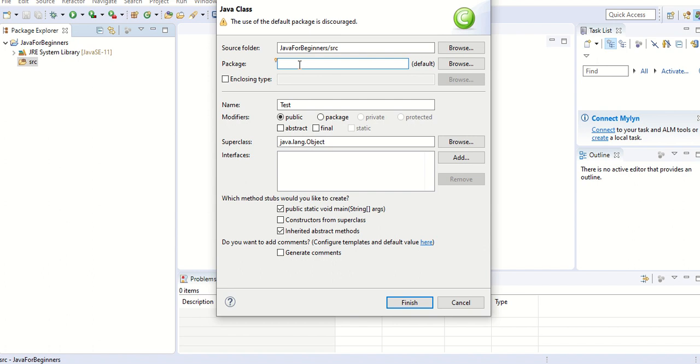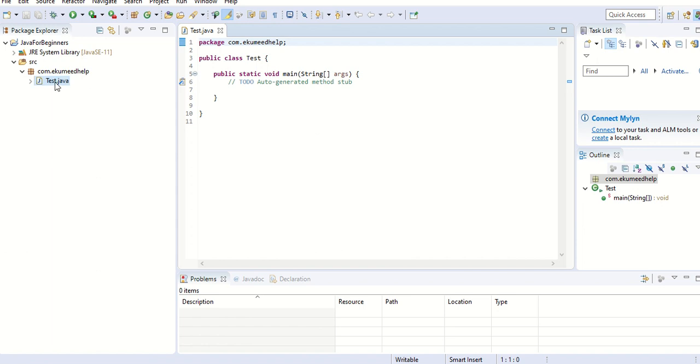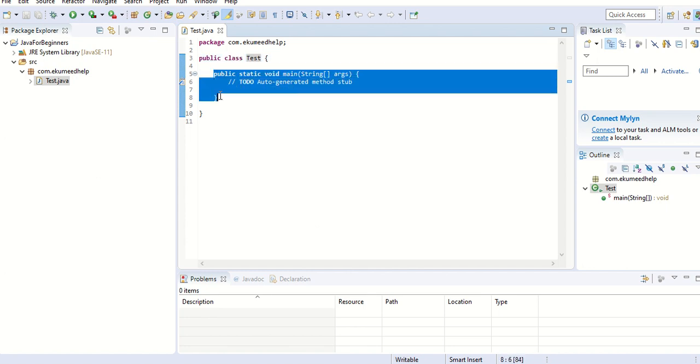So for the time being, just keep this name, com.ekumidhelp. I will explain about packages after some time. Then click on finish. Once you finish, inside src you can see com.ekumidhelp is created, and inside it a Test public class is created, and that has a main method.